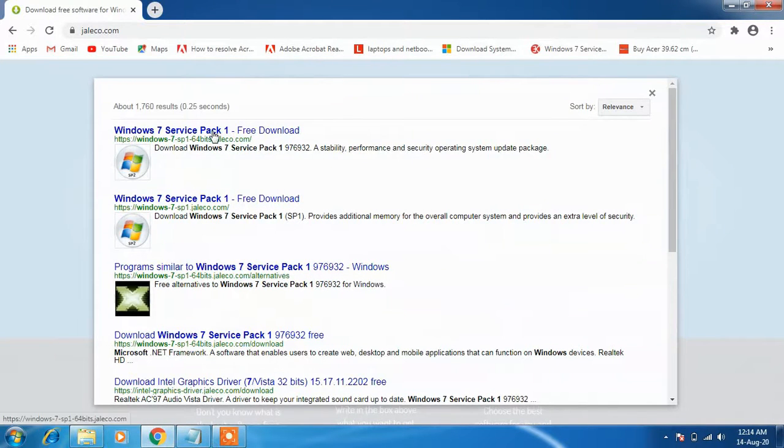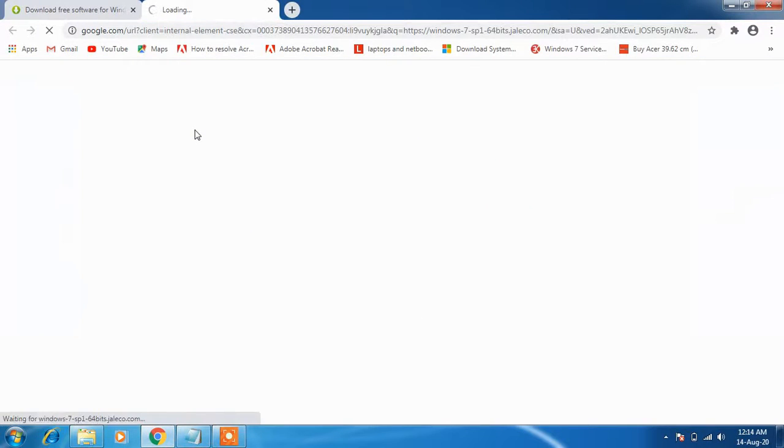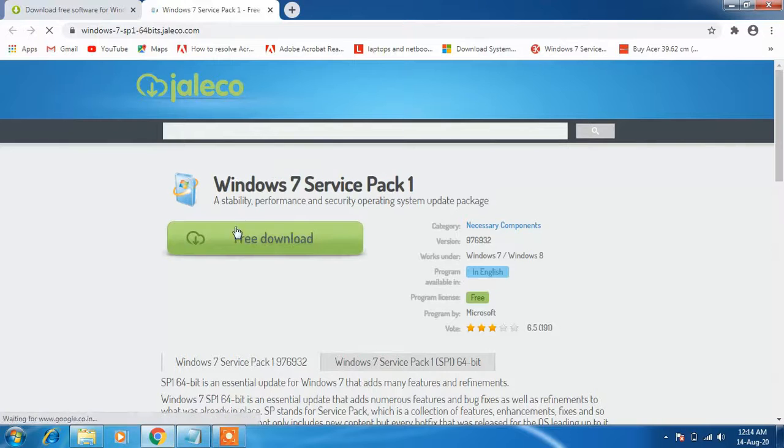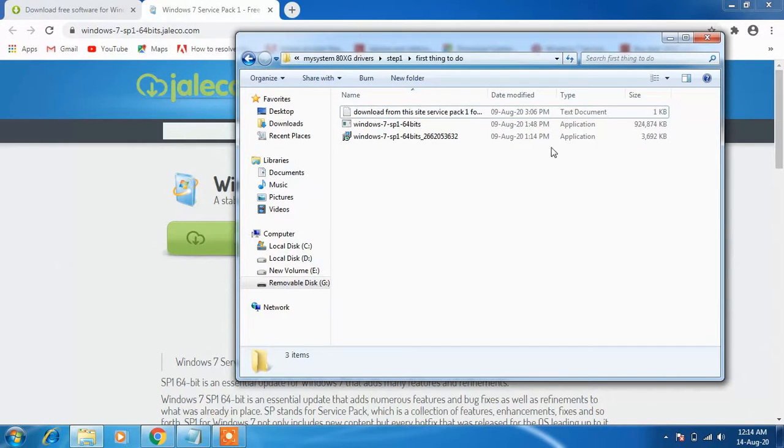Now just click on this first link, Windows 7 Service Pack 1, and click on this button, free download. This will download an installer file of around 3 MB.